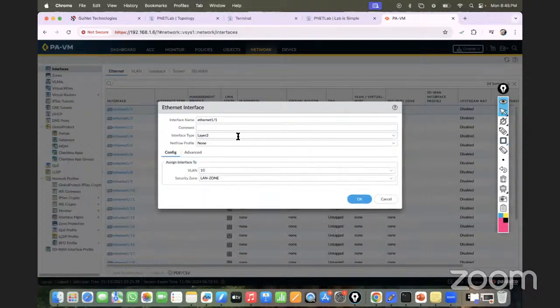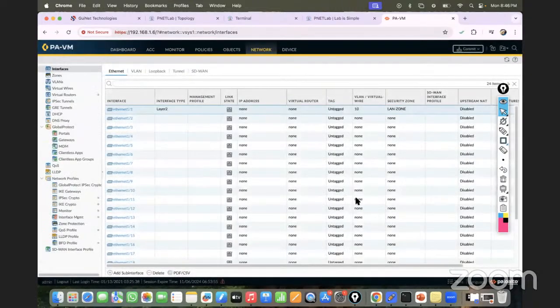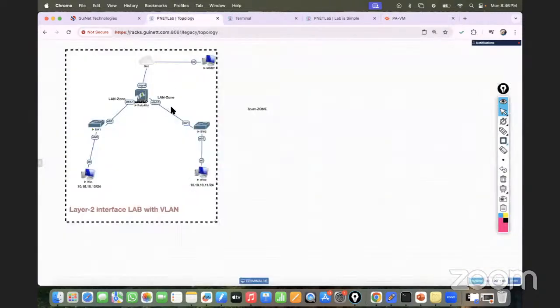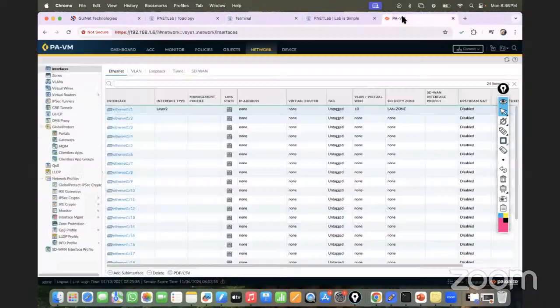So very easy things. I just go in the layer 2. I will go in the VLAN. I can go in the zone and I can click OK. My job has been done for the one interface, right? Now I have to do the same configuration for another interface, that is Ethernet 1/2, right? So if I go on the Ethernet 1/2,